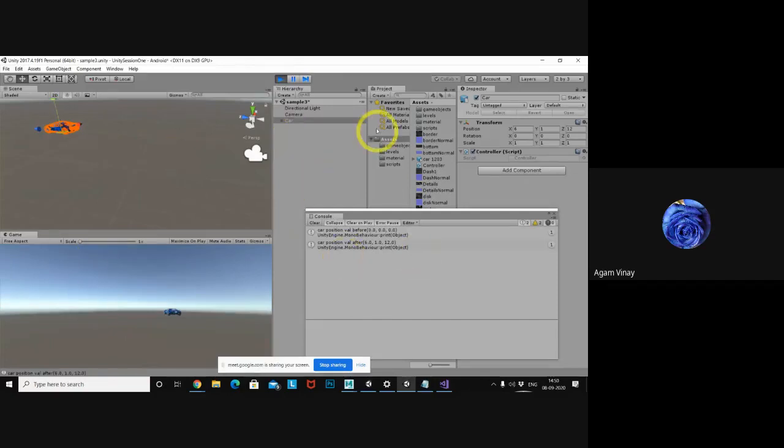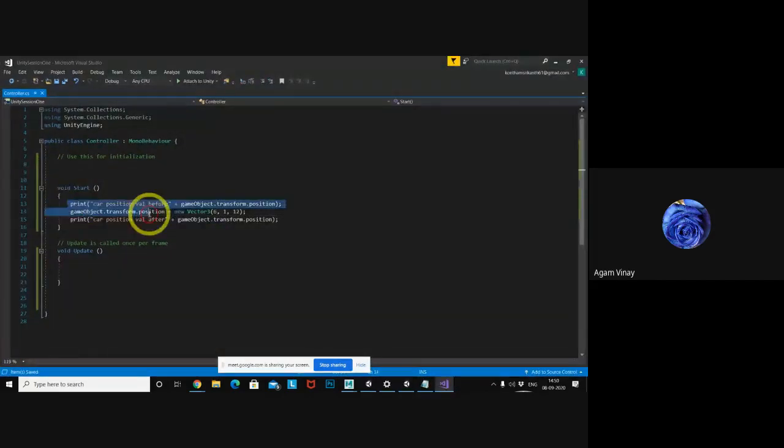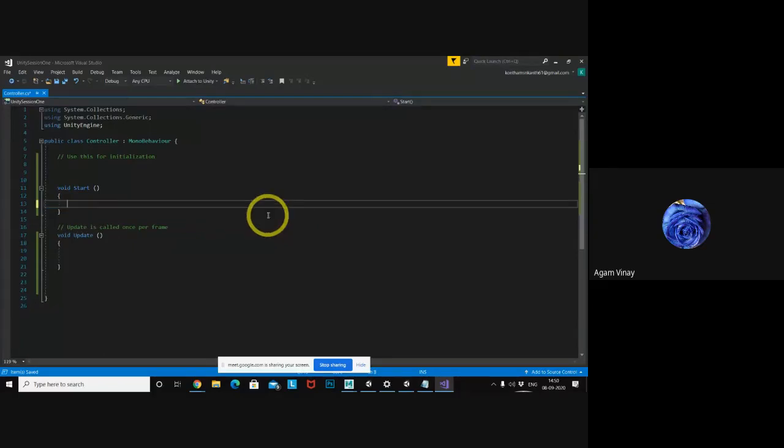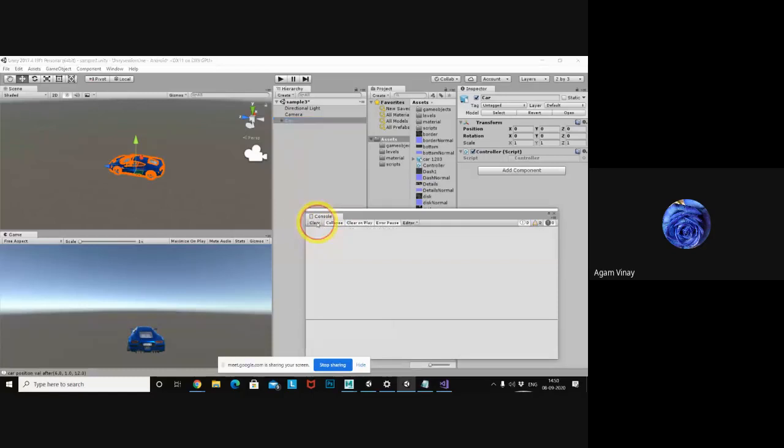Okay, the car is moved towards 6, 1, 12. Here in transform also you can see the values 6, 1, 12, as you have printed, right? These are float values, that's why 6.0, 1.0, 12.0 is showing. Okay, this is the way to access the object using script.